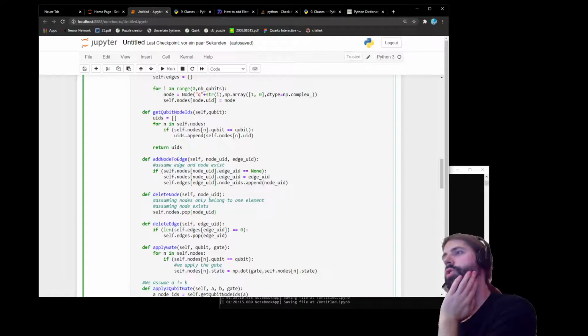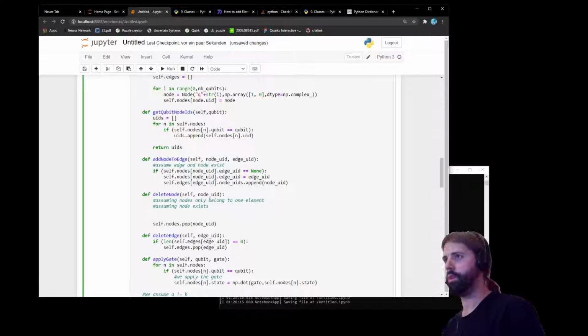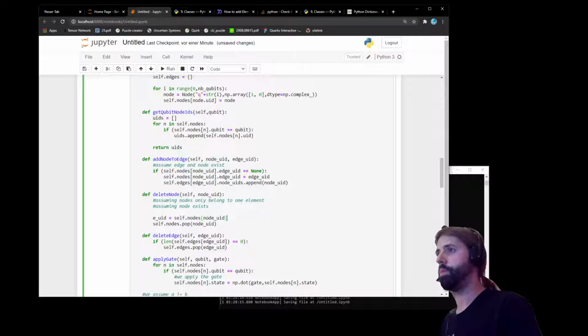Okay, so it should also delete it from the edge it belonged to, right? So now it needs to, yeah. So UID equals self nodes, node UID, edge UID,